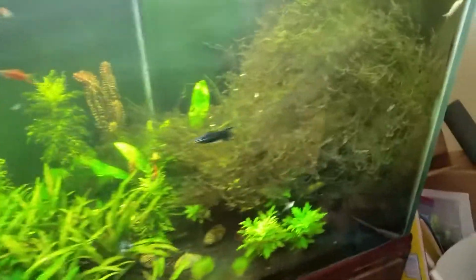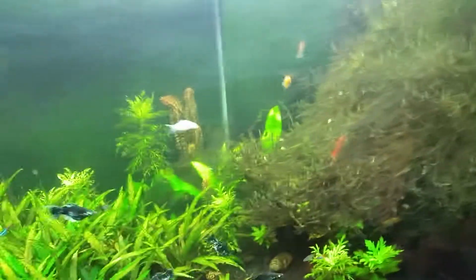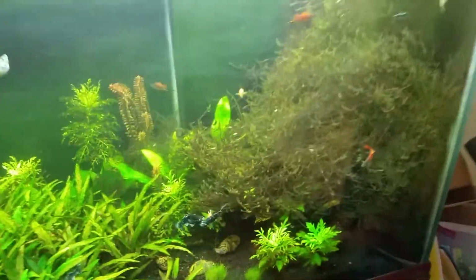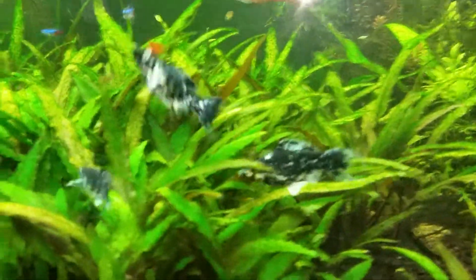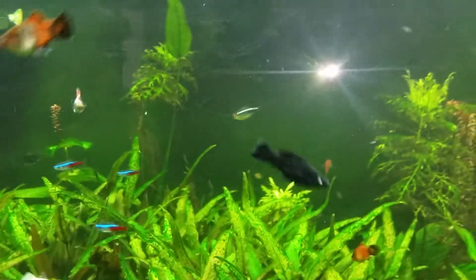Of course, like I've said before, they also feed off of a lot of the babies that are born inside of the tank. And with this constant rotation of babies being born, what we have here is exactly what we're looking for. You get maximized health, and if you're looking at this guy right here, this is third generation,